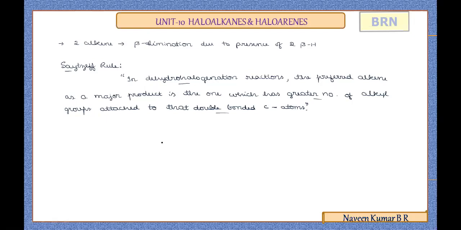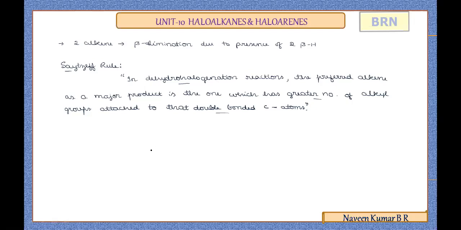So there will be two types of alkenes formed. You need to see in the two alkene products the double bonded carbon atoms on either side, and which has a greater number of alkyl groups. That can be selected as the major product, and the one with fewer alkyl groups on either side will be considered the minor product. Now, an example will make the Zaitsev rule more clear.